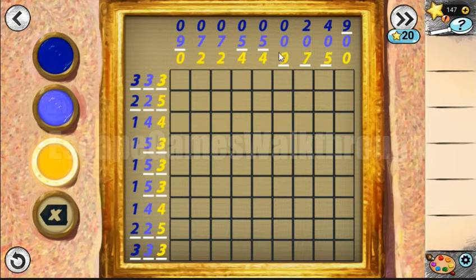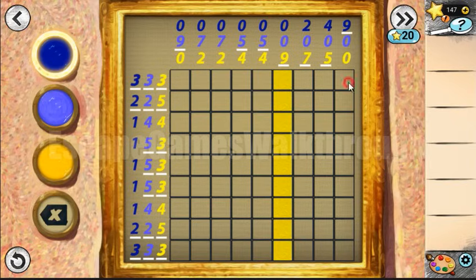So we have here 9. This means that all the column is yellow. Here we have 9 dark blue. So here all the cells are blue. And also we have in that rows only one blue, so there will be no blue, but blues will be in here and here, and according